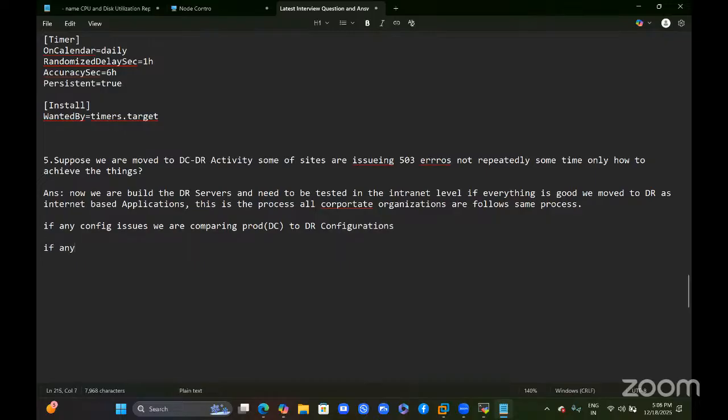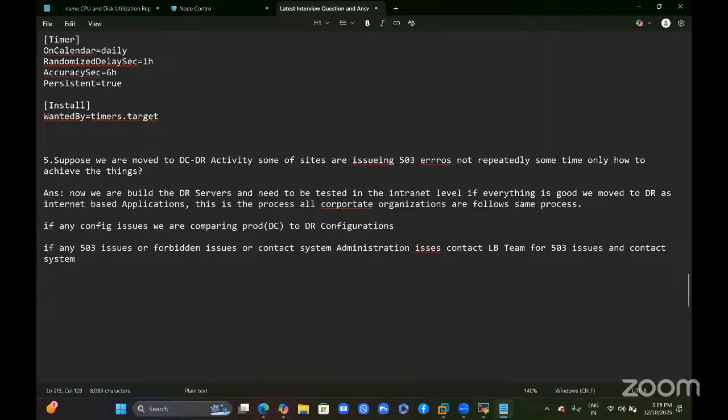If there are any 503 issues or forbidden issues or system administration issues, contact the LB team for 503 issues, and contact system administration for